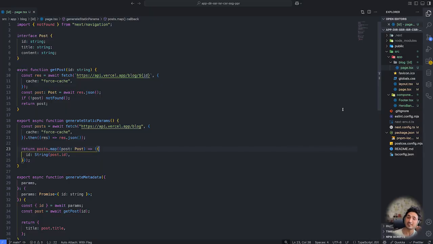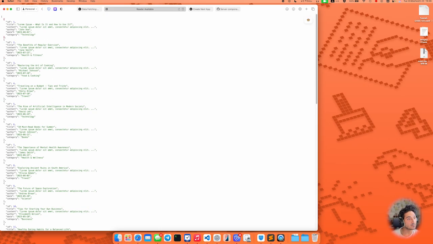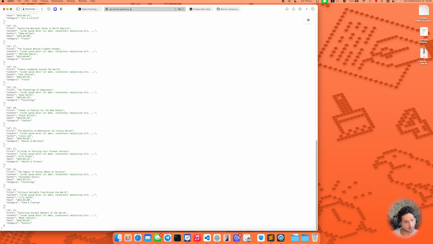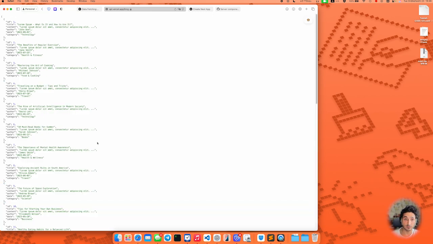Okay, I have created the app directory, put a blog route and the dynamic ID of each blog post, and in here I have an API from Vercel that is fetching a little data, an array of objects with an ID, title, content, author, date, or categories. The total of these API calls is 25,